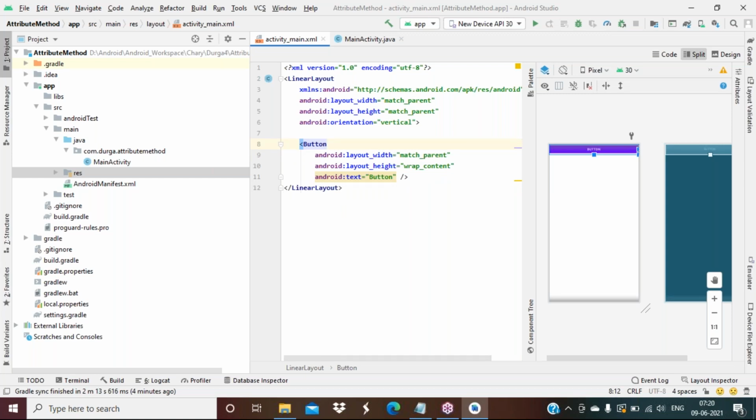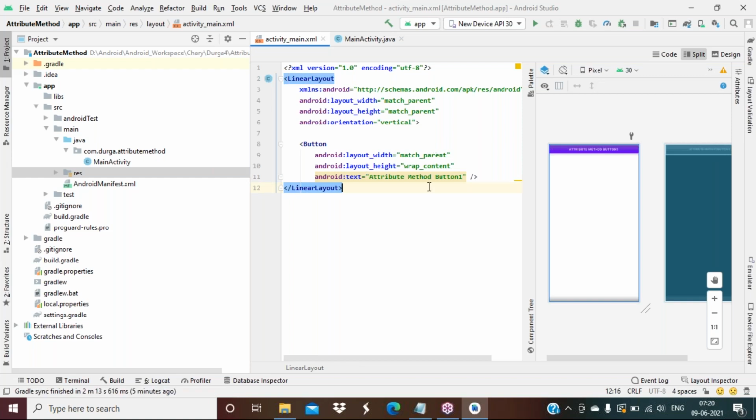Okay, so next, width is mandatory, which we discussed yesterday. Match parent. Height wrap content, which is mandatory. Some text. Consider this is attribute method. I am writing this as attribute method button 1.